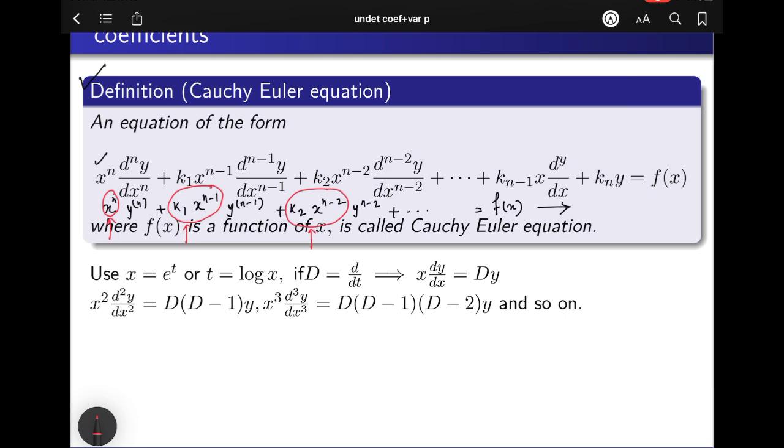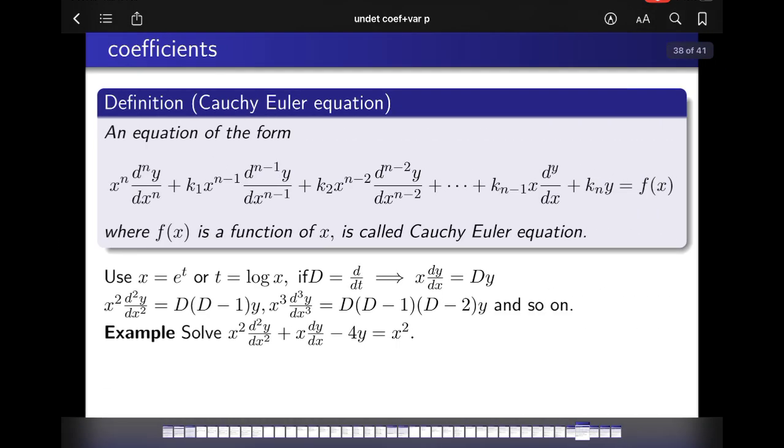But see this equation, this particular form, it can be reduced to an equation with constant coefficients, for which we already know the methods of finding the solution. Correct? So we'll see the treatment. For the time being, you just keep in mind that an equation of this form, for example,